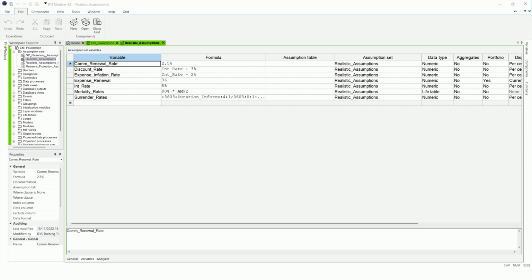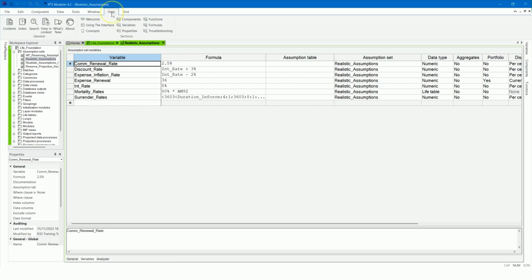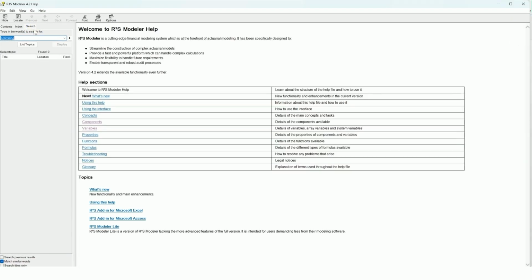Advantages of using external assumptions are that you can use existing spreadsheets or databases that contain assumptions as inputs to Modeler, avoiding the need to input or import assumption values from those spreadsheets into the assumption sets. This can be especially useful for large arrays. You can update assumptions in a spreadsheet more quickly and easily than assumptions in an assumption set. You can use them for creating separate files to run sensitivities. Open the help file and look for the topic Using Microsoft Excel as an external assumption source.